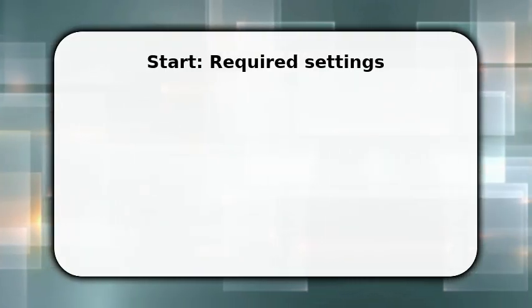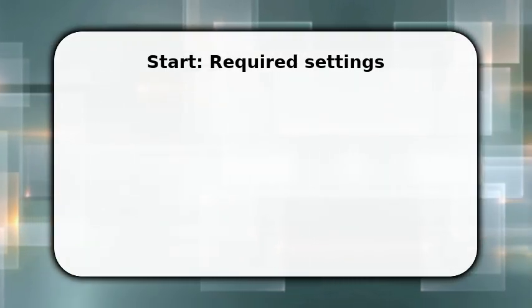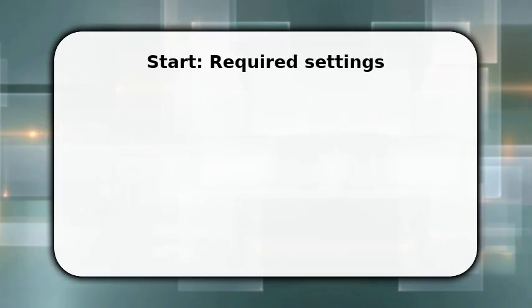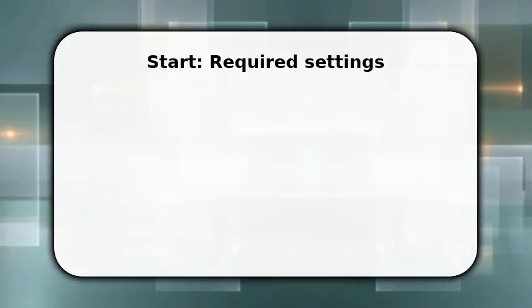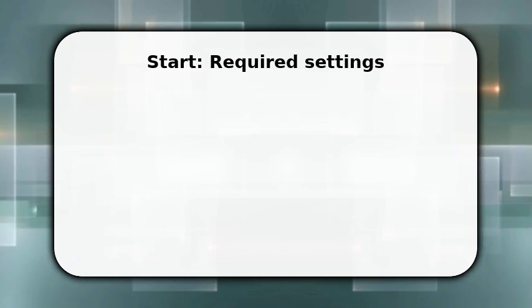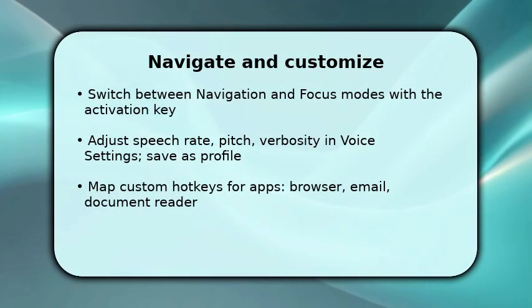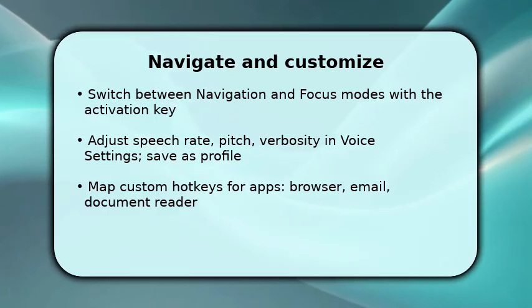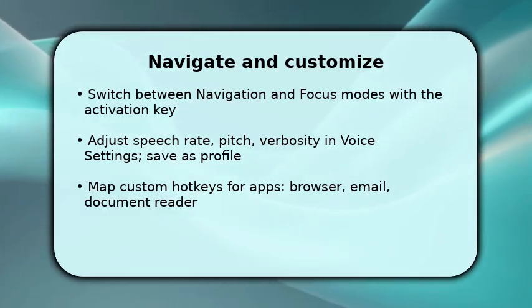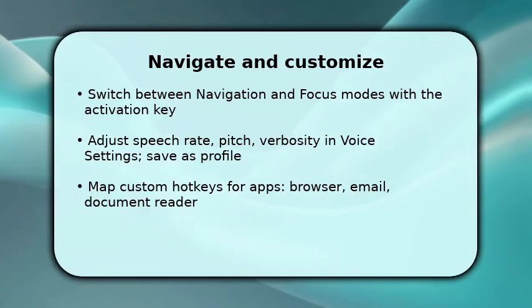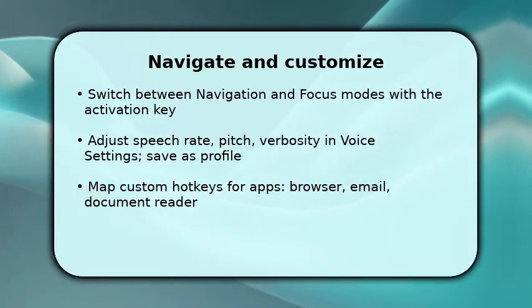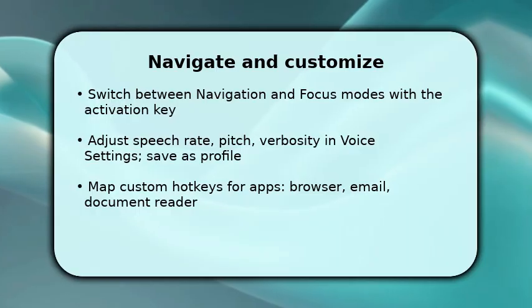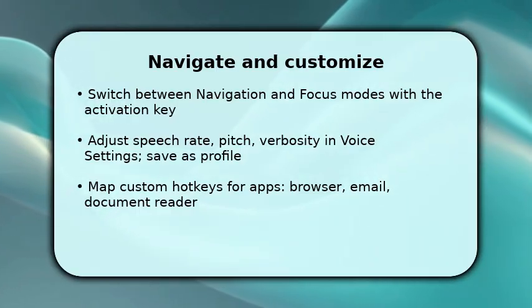Now press the configured activation key to enter navigation mode and listen for the welcome tone. This is the first actionable step that gets you into the screen reader workflow immediately. Once in navigation mode, move through elements using the arrow keys and use quick commands to announce headings, links, and tables. When encountering complex pages, switch to focus mode to interact with forms, then use Tab and Shift plus Tab